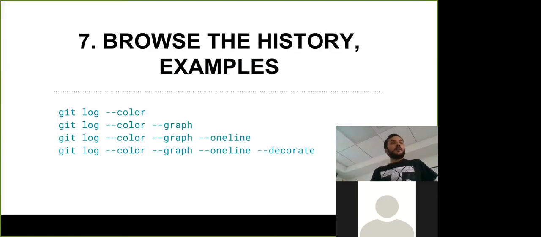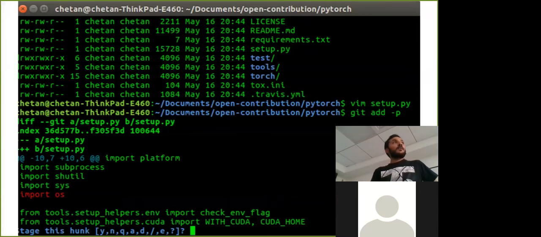So, can you go back to the way we showed the git diff? No, I'm saying you don't have to say git diff. When you say git add -p, it automatically runs git diff and gives you this thing. So when you say git add -p, assume that you don't know what changes you made